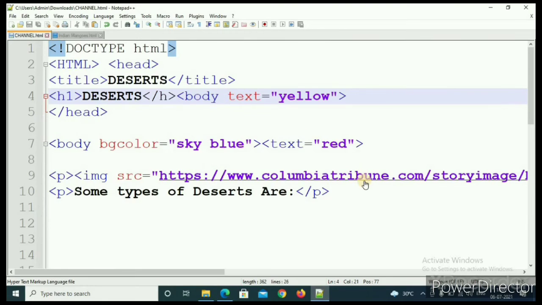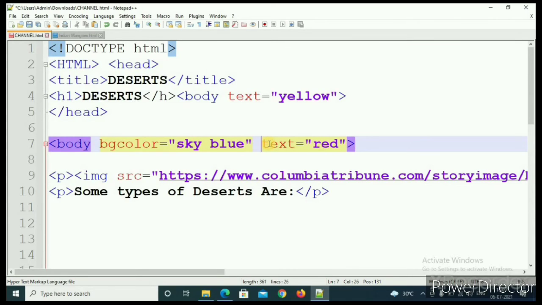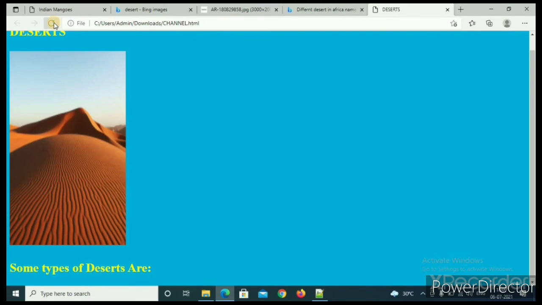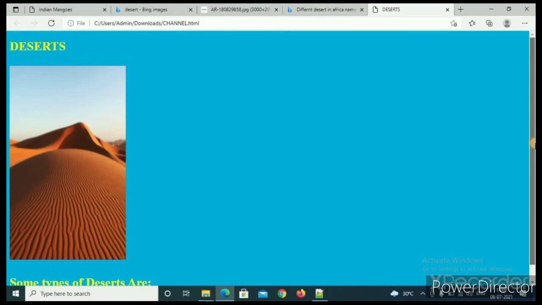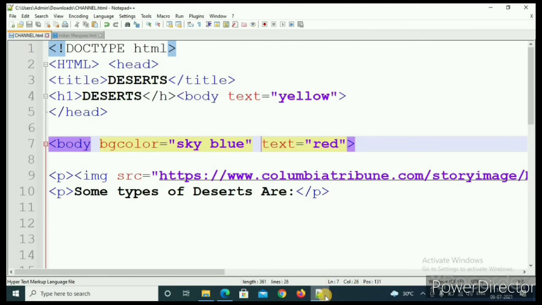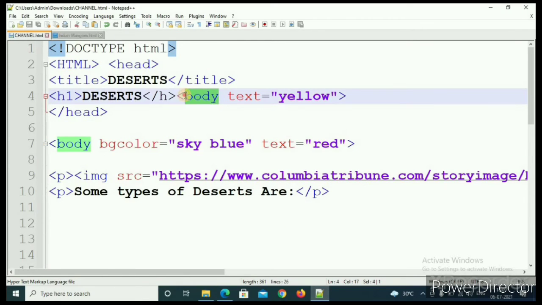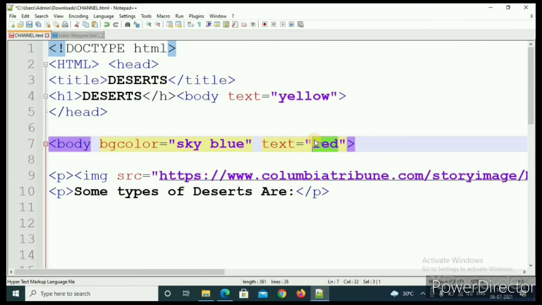Okay, here, oh, here also I have made that mistake. As you can see, here also I have made that mistake. Oh, okay, then keep it white.